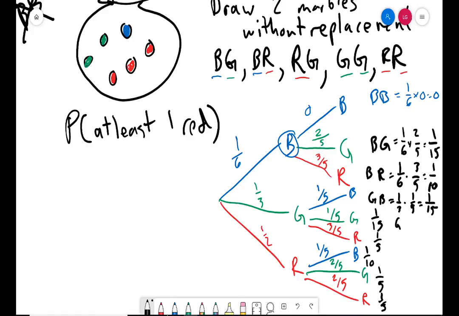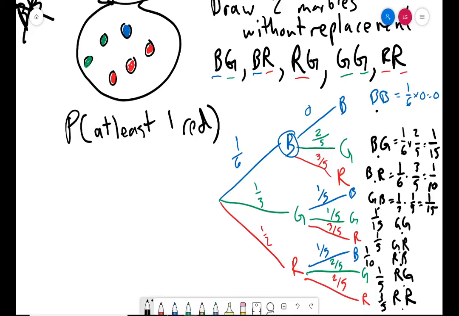Now let's make note here. This is green, green. This is green, red. This is red, blue. This is red, green. This is 2 reds. Okay. Now notice here, when we count through this, we got 1, 2, 3, 4, 5, 6, 7, 8, 9. Seems like 9 possible outcomes. In some sense, that is true. Yes. When we think about the sample space here, if we're not caring so much about order,